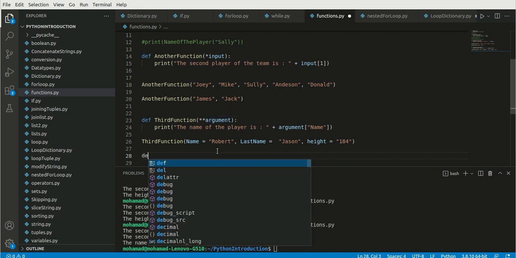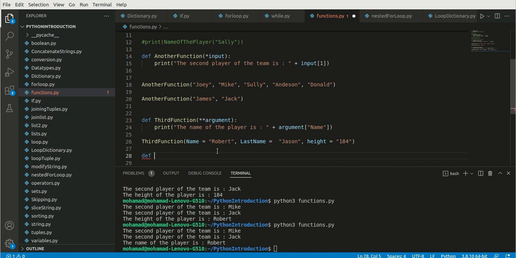So for example, we have def sport, and inside of it we have an argument, for example, favorite sport equals football,